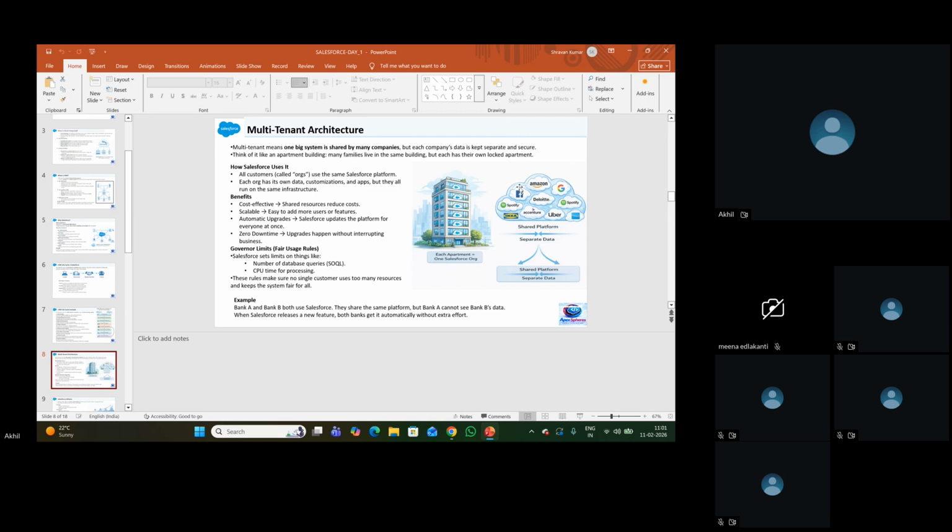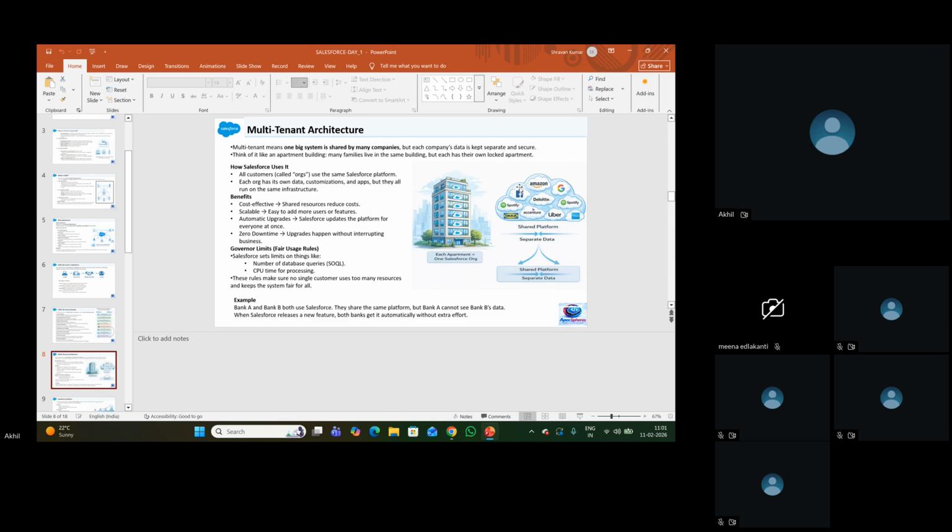let's suppose there is a server, this is 100%. In that server we have 10 GB of memory, and if you don't put limits on that server, a single customer will access all the 10 GB of data. Are you getting me? In that server we have a cloud storage of 10 GB. If you don't put limitations on that server, any customer will access this server with all the capacity. So for that, Salesforce puts some limits for each block.